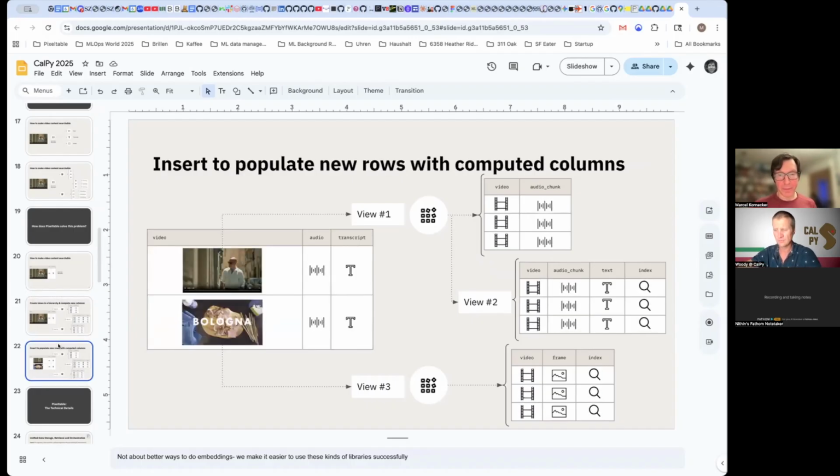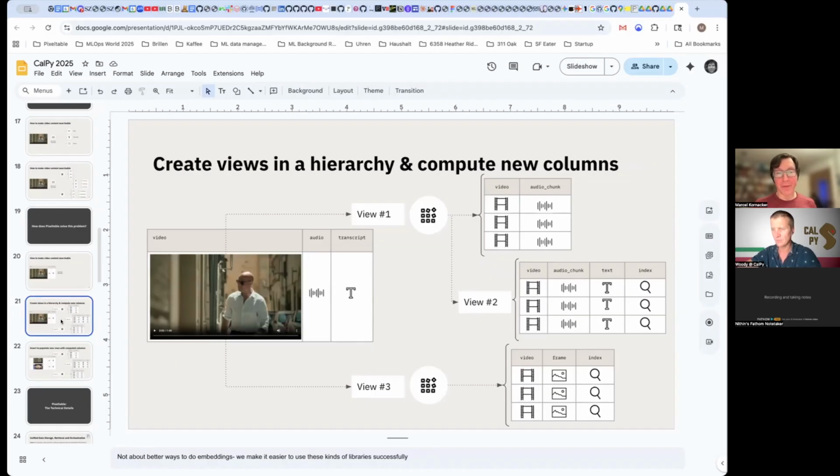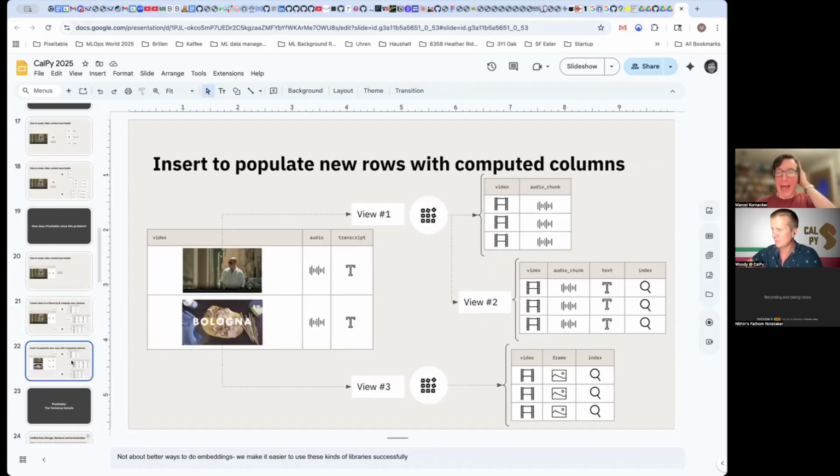So what happens now is if you define this table structure, when you add a new row with a video, it'll automatically run through this whole view setup that you define. The views are in essence virtual tables that are defined logically, so to speak. And Pixeltable stores all of the metadata and understands how one view depends on the base table and is able to propagate an insertion of a single row throughout all of the views that are defined on it.